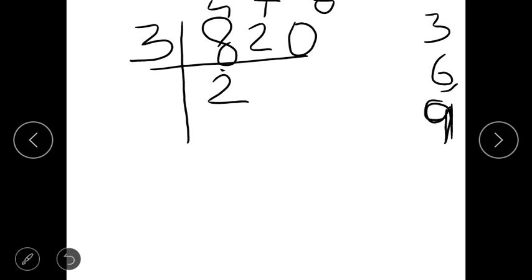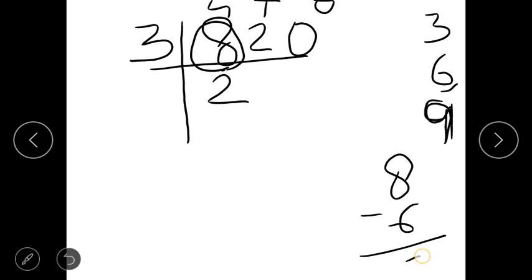Okay. Now this 8 which is given here, 8 minus 6, that is 2. 2 is left. So this 2 will go to the tens place. Okay, listen carefully. 2 will go to the tens place. Here you got the number 22 in the tens place. Now again you have to read the table of 3 till you come to the number 22 or less, just less than 22.